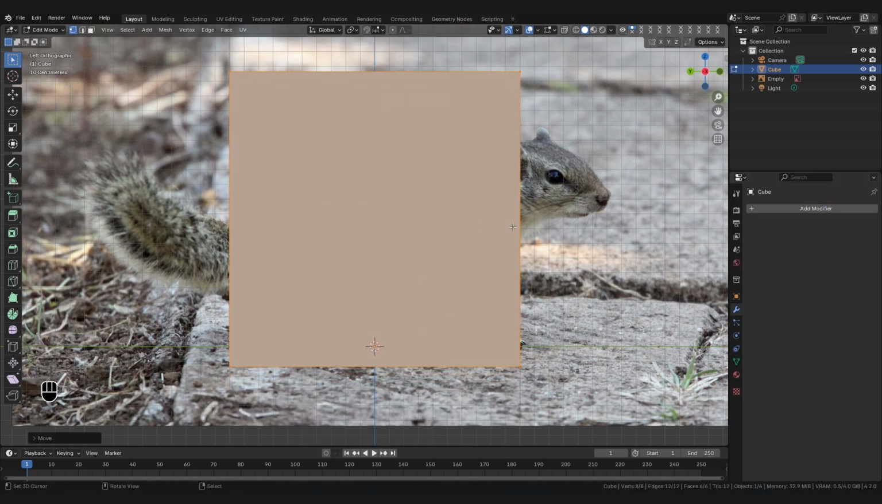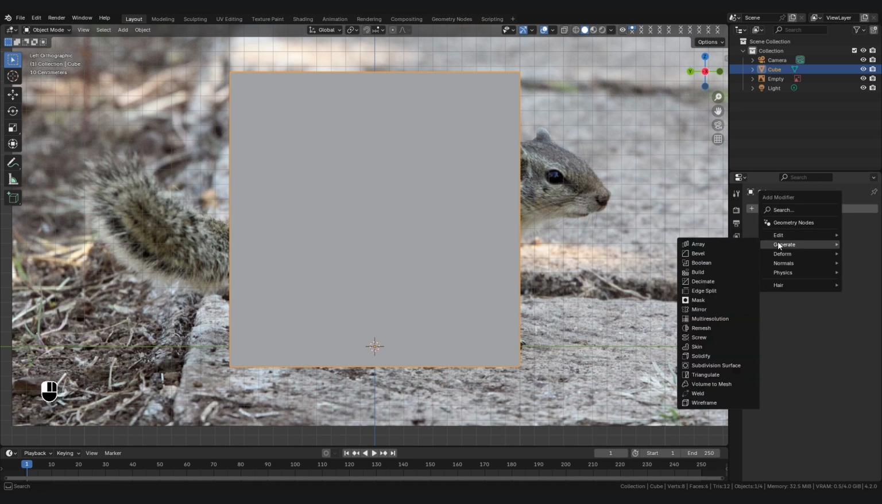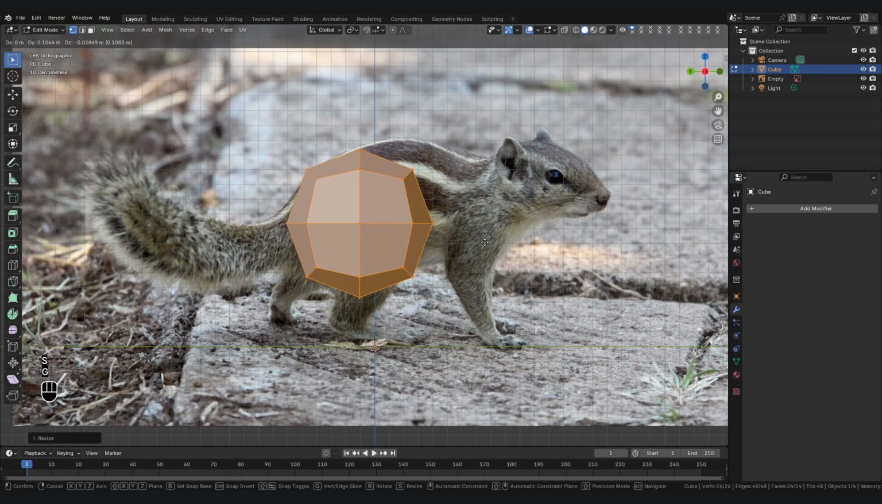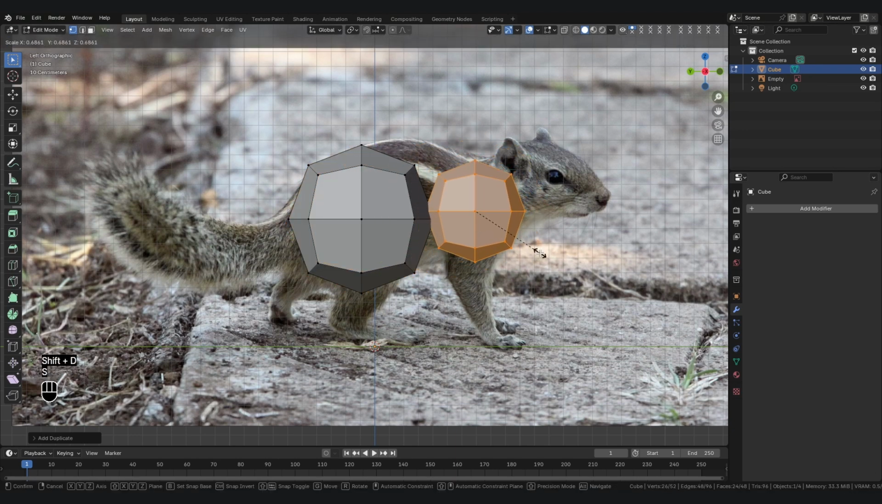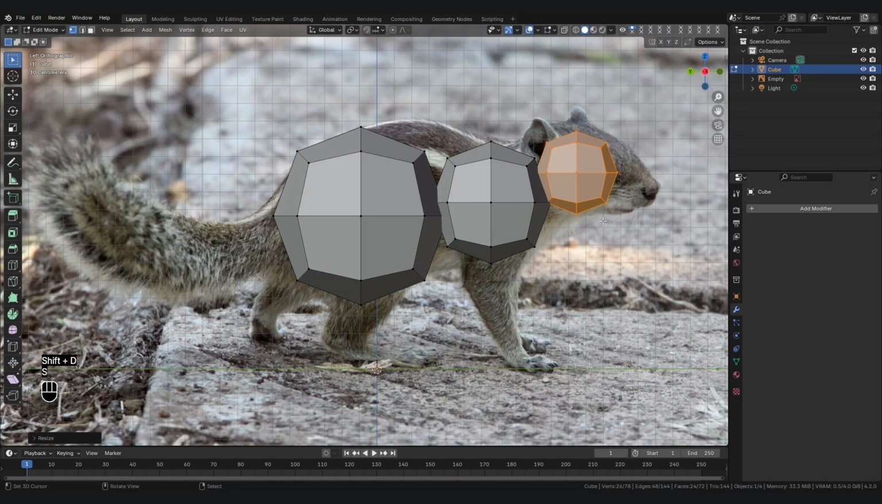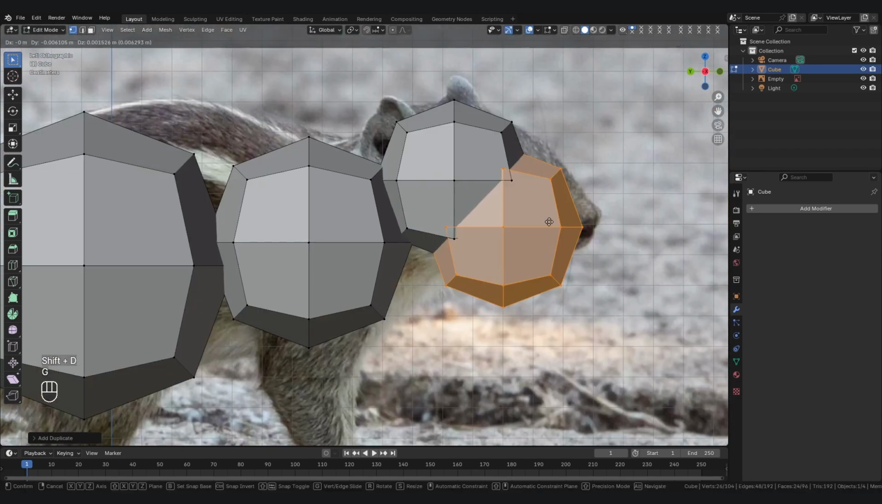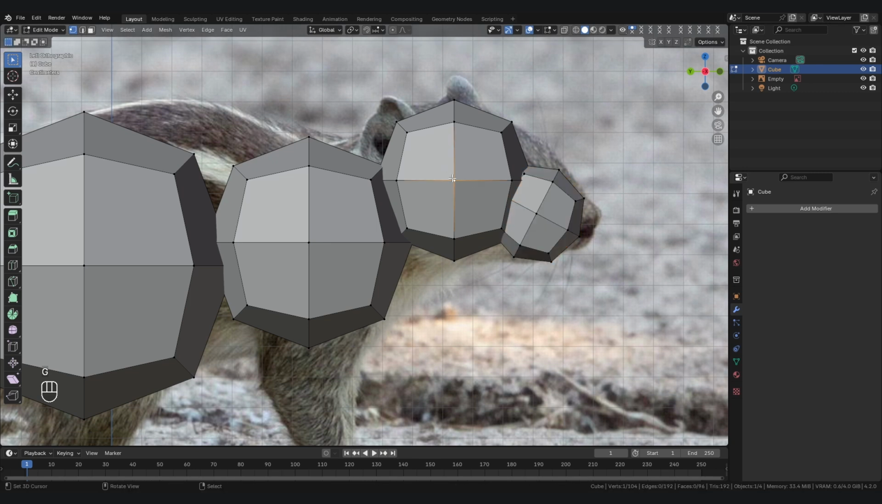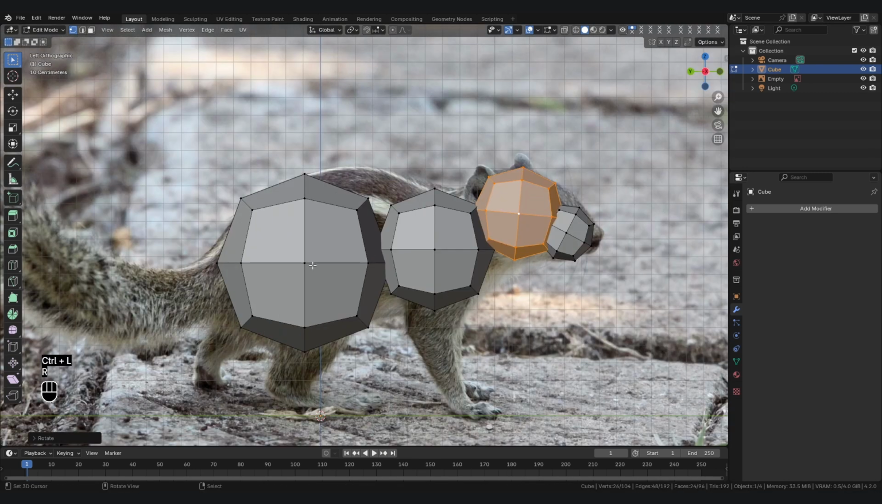The focus at this stage is on getting the overall silhouette and the proportions correct, not on precise details like the fur or facial features. This initial blocking stage allows for easier manipulation and adjustment of the model's overall form before moving on to the more detailed modeling. So what I have done over here is that I have subdivided a cube and placed them